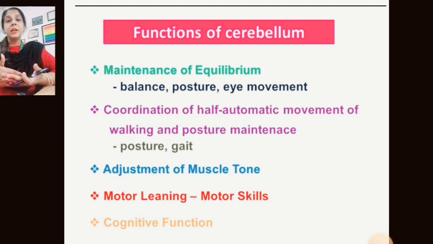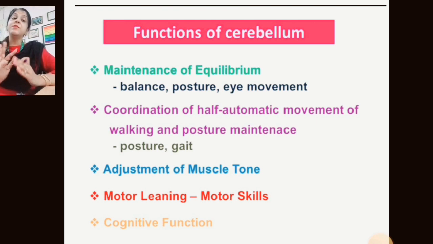If we talk about hypertonia, hypertonia means increased resistance, increased tone. It will lead to either rigidity or spasticity. In both cases, hypometria is also not good and hypermetria is also not good. So resting muscle tone will be there, and that muscle tone should be adjusted according to the movement. That is done by a part of the cerebellum.